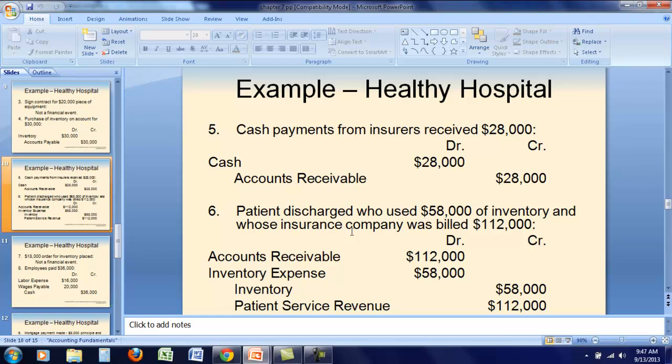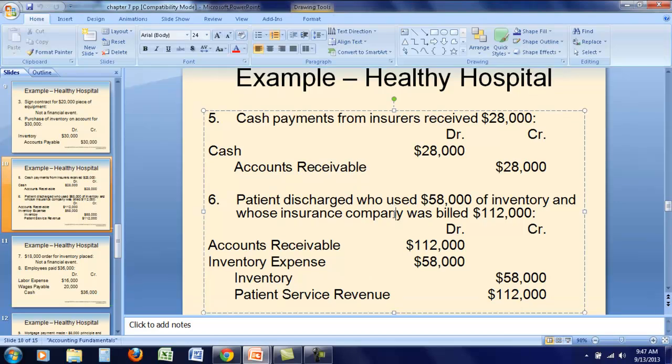So the patient discharged used $58,000 of inventory. They used a lot of inventory. I'm not sure what they were doing here. And whose insurance company was billed $112,000. So here's the entry. You are due to receive the money, right? You are owed the money. So you will record a debit of $112,000